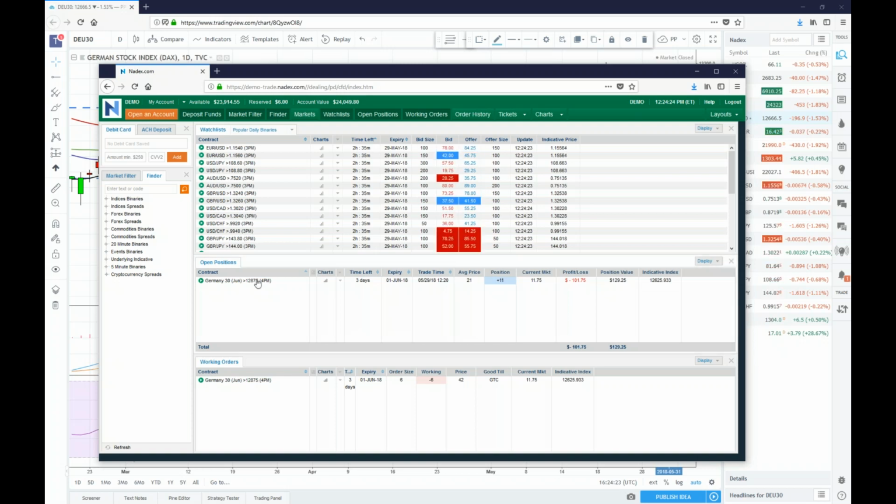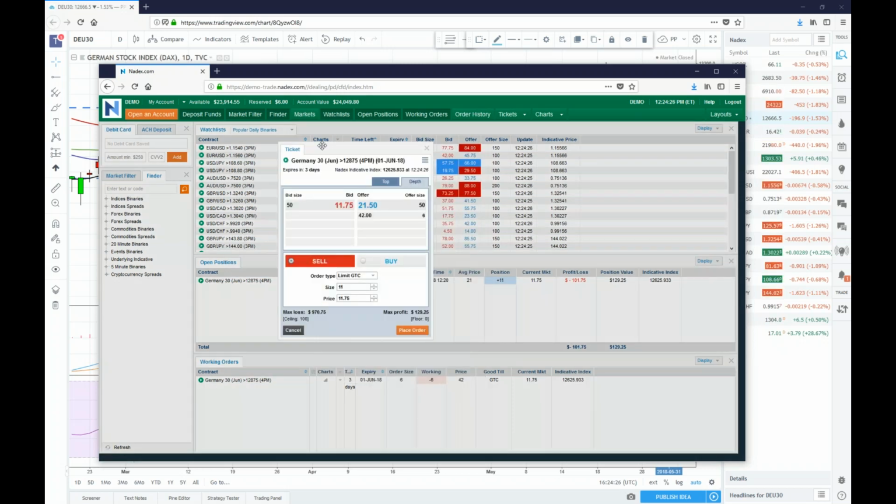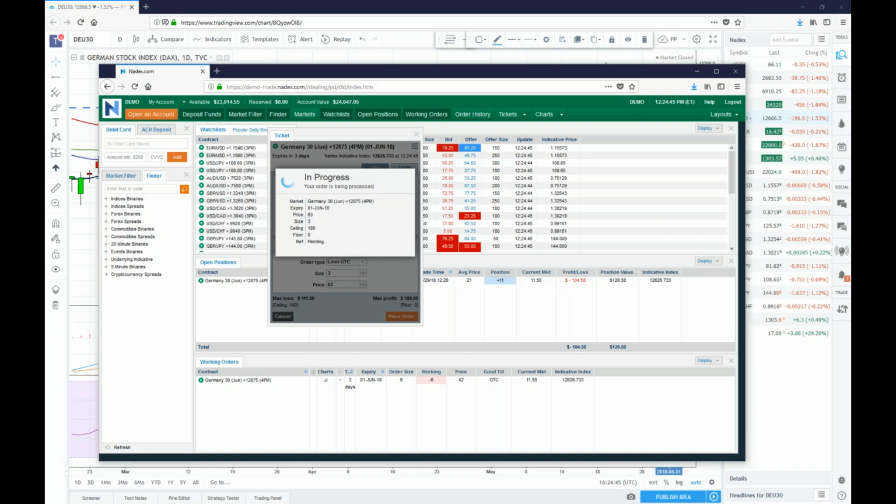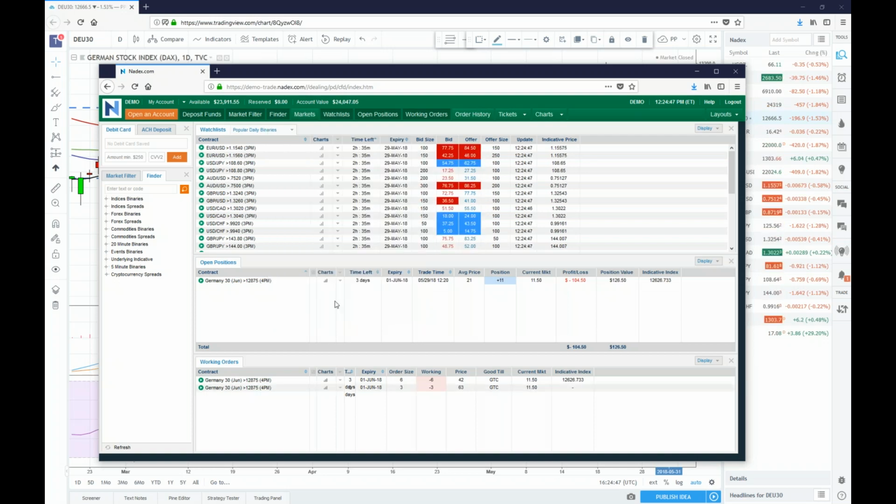We could also go now for a 2-to-1. I have 5 more contracts remaining, and I could be going here for a 3 size trade. 42 plus 21 is 63. So I would be closing out another 3 contracts if price happened to trade up to 63. And we could be going with the remaining 2 contracts now with the idea, yes, price will maybe actually settle